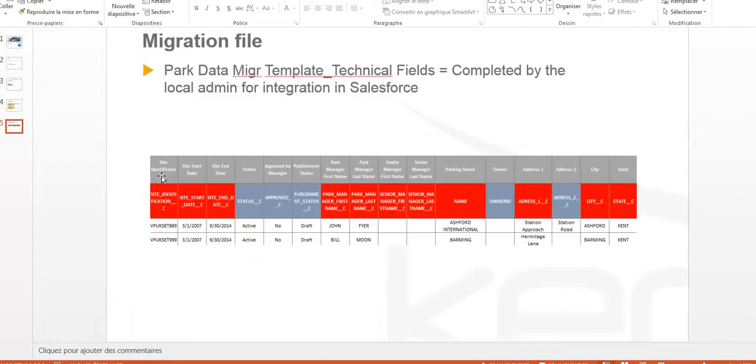But the columns are quite the same, so we recover exactly the same fields: site identification, site start date, site end date, and so on. What is in red means mandatory data. So it is very important for you to check that all mandatory data are completed. If not, you need to put something relevant to enable the migration.